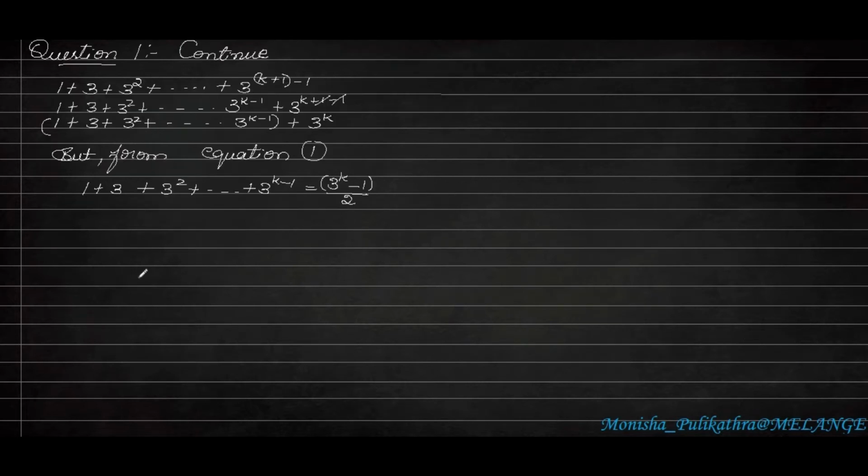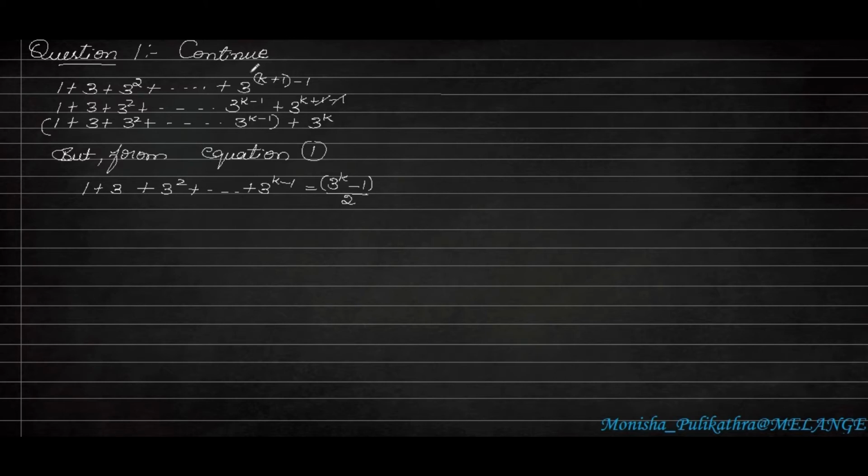So let us continue question 1. Up to here I have already explained, that is 1 plus 3 square up to, in the place of k we will be assuming it as k plus 1. It is the third step of it. That is, first we will be substituting n is equal to 1, then n is equal to k. Next, in the place of n we will be writing k plus 1. So there in the place of k we will be writing k plus 1 minus 1.